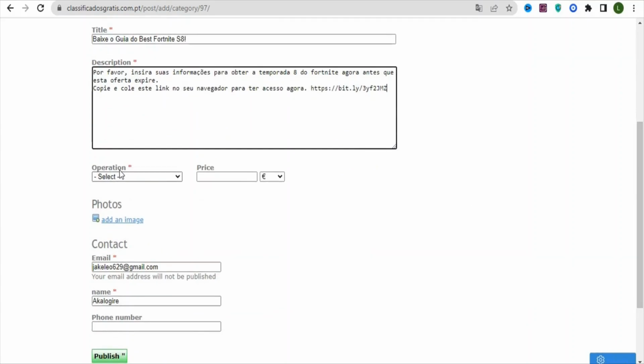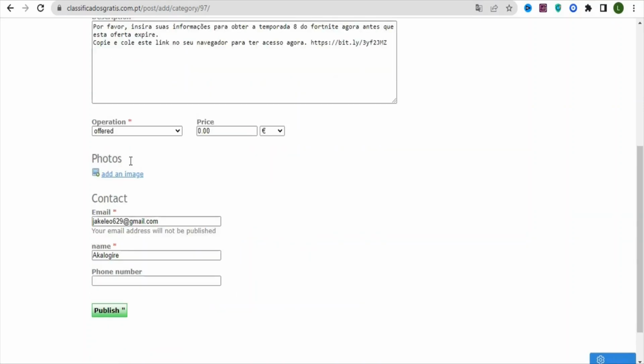So just come right here, you can see operation. So you are going to select that. You can see offered, so you are going to select that. Here you are going to select the price and it's going to be 00. As you can see, 00. So once that is done, you are going to add photos of the offer right here. You can see right here, add image. So you are going to add an